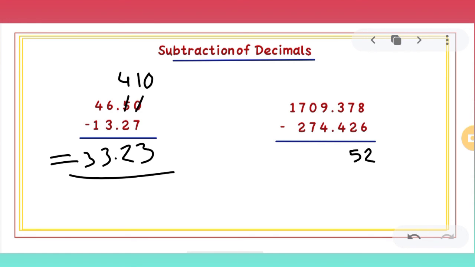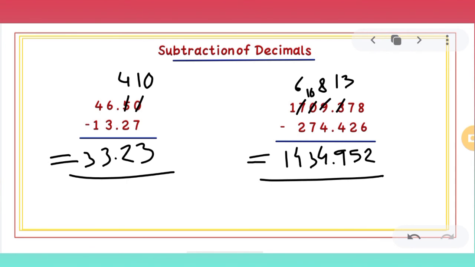Doesn't matter, there is a decimal point in between, we can simply take carry from across the decimal also. So 9 will become your 8 and 3 will become 13. Now 13 minus 4 will give you 9, decimal below decimal. 8 minus 4 will be 4. Now again, here it is 0. Minus 7 not possible, we will take carry from 7, it will become 6 and 0 will become 10. Now 10 minus 7 is your 3. 6 minus 2, 4, and 1 minus 0 will be 1.